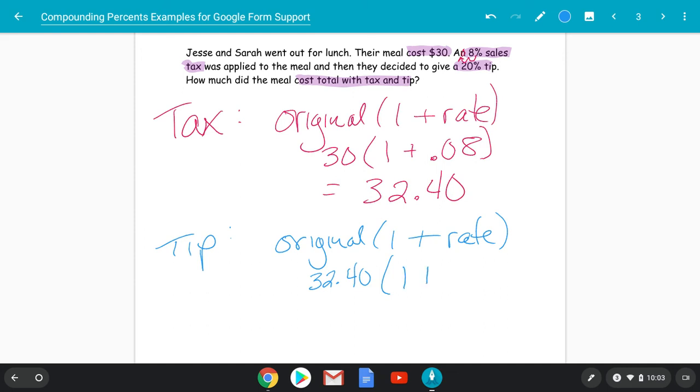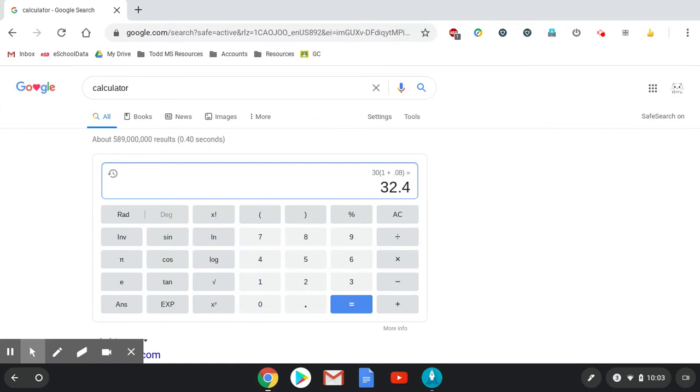So we're going to have 1 plus, we have a 20% tip. So we move our decimal 2 places to get 0.20. Right, so we have $32.40 times 1 plus 0.20. Right, so we're going to clear this out. $32.40, open parentheses, 1 plus 0.20. And we're going to get